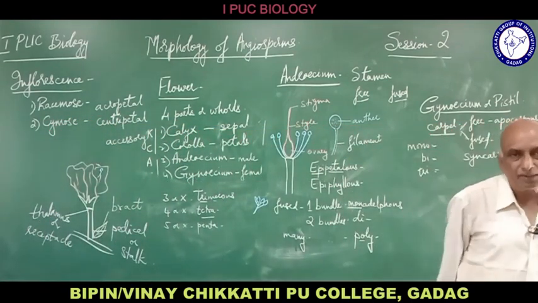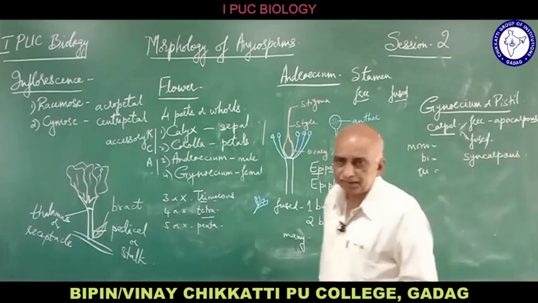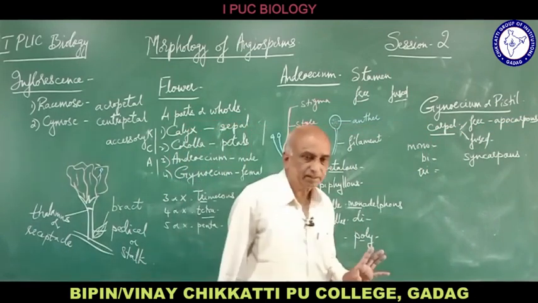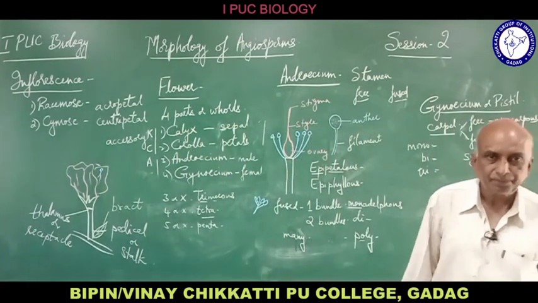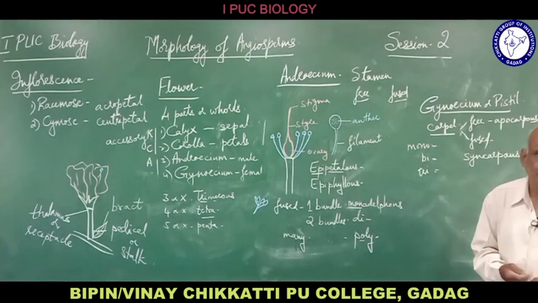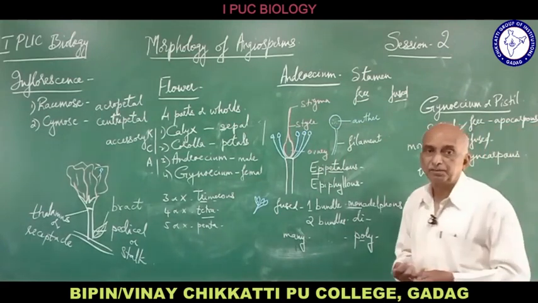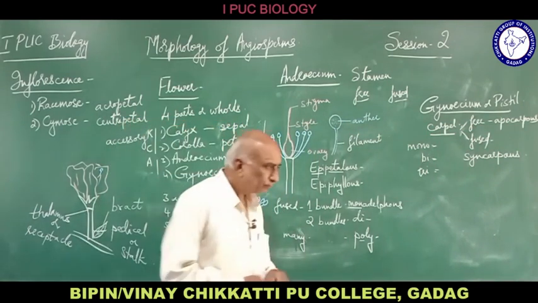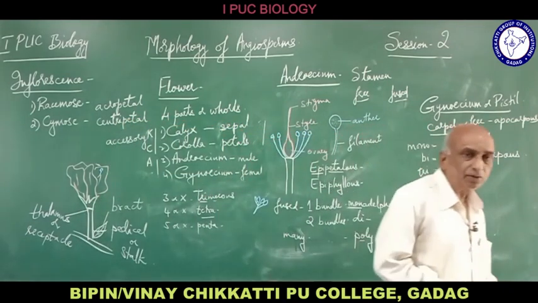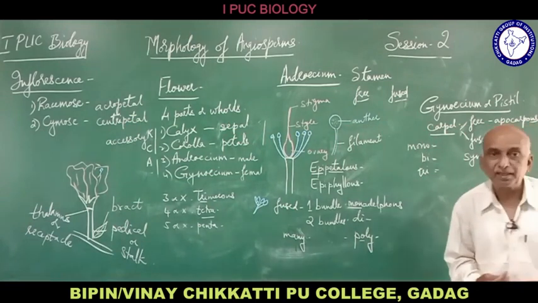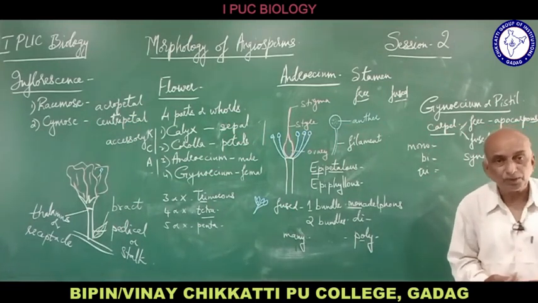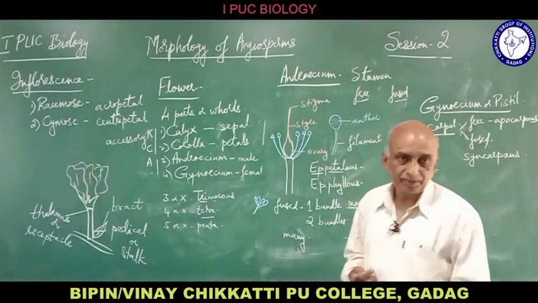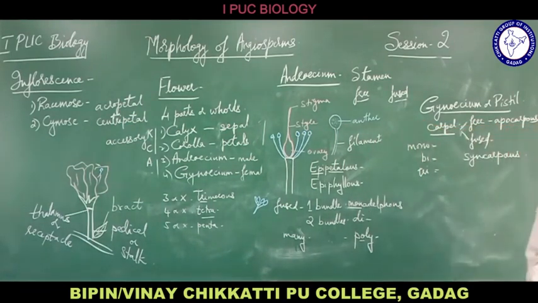To give examples, almost all the examples which we just mentioned are syncarpous. In the case of hibiscus, there are actually 5 carpels, all fused. That is why it is pentacarpellary. In the case of tomato, brinjal or chili, there are 2 carpels, so it is bicarpellary. In onion, there are 3 carpels. Coconut also has 3, tricarpellary. The 3 carpels are fused, syncarpous.